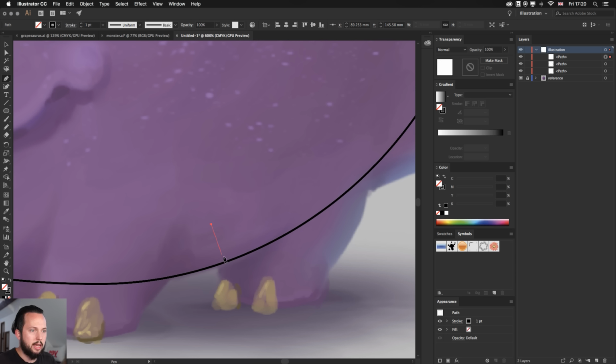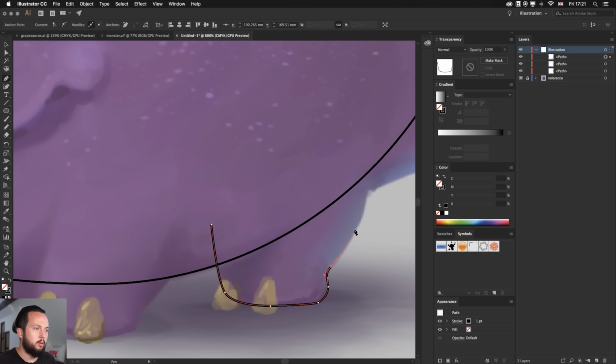So using the pen tool again, I'm just going to do the same thing and go through this detail here, nicely follow along, and once again I will overlap the shape and then just close it off. Here behind the body, it doesn't matter at all what's happening. Now if there is a shape like the leg in the front, or this part, for this it will actually matter how you draw it, because it needs to come in front. So here we will need to pay attention how we close off the shape.